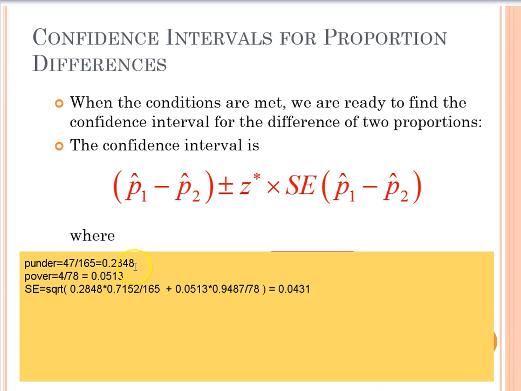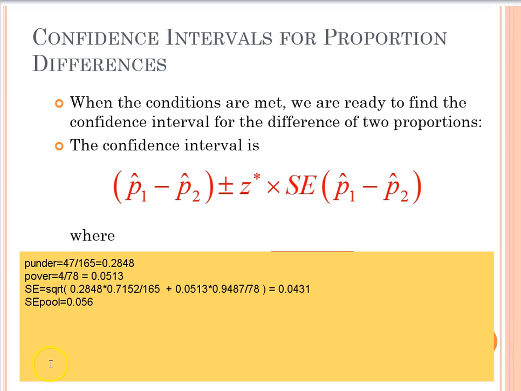And now, instead of pooling them together, we're going to generate our standard error based on these two different sample proportions. So our new standard error is going to be the square root of the proportion of the first group times its q divided by the group's sample size. We're going to add to that then the proportion for group 2, which is the women over 38, times their q divided by their sample size. When we do all of that, we get a standard error of